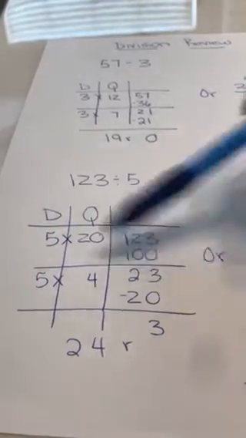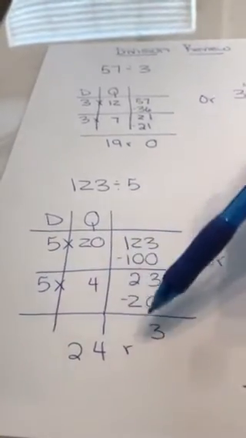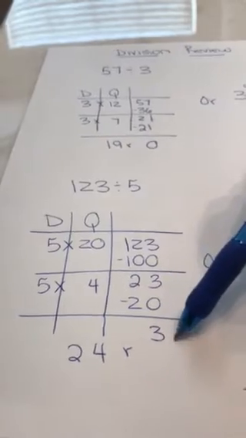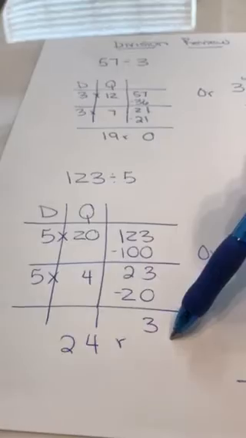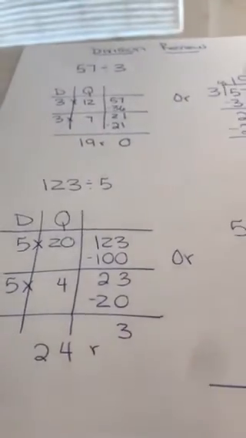I can multiply it again. 5 times 4 is 20. When I subtract, I'm left with my remainder, and 20 plus 4 is 24, remainder 3. Or if you like the algorithm,